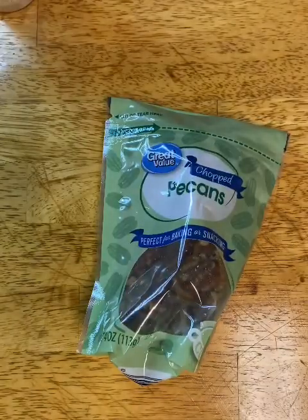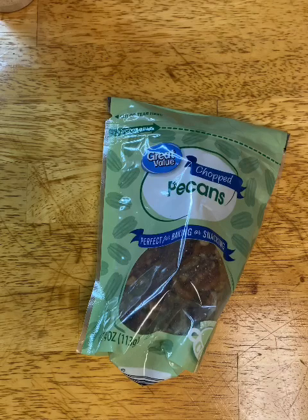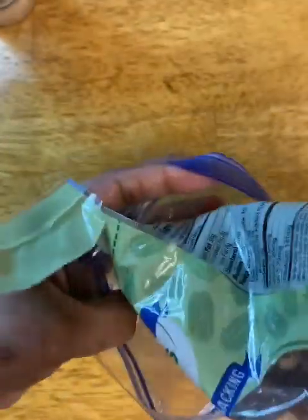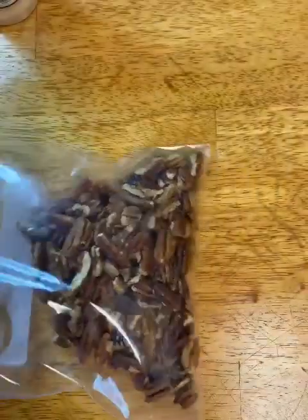It's time to finish up this cheese ball. I'm going to crush up these pecans because they're going to go on the outside of my cheese ball. I'm going to get a Ziploc bag and my little meat mallet. Open them up. I'm going to put them in this bag because it's easier to crush them in here. Now, I'm pretty sure you can use any other kind of nut, but